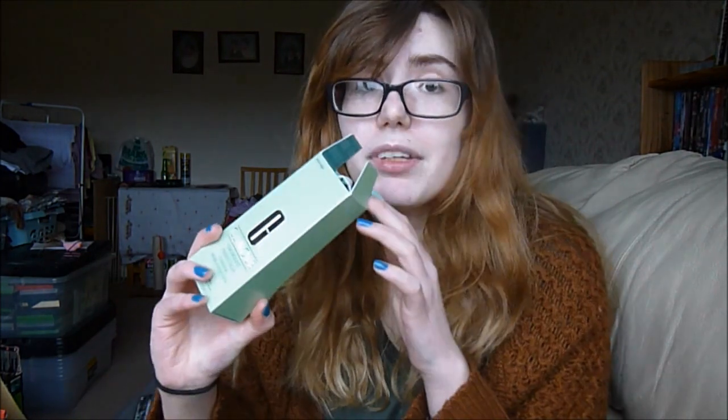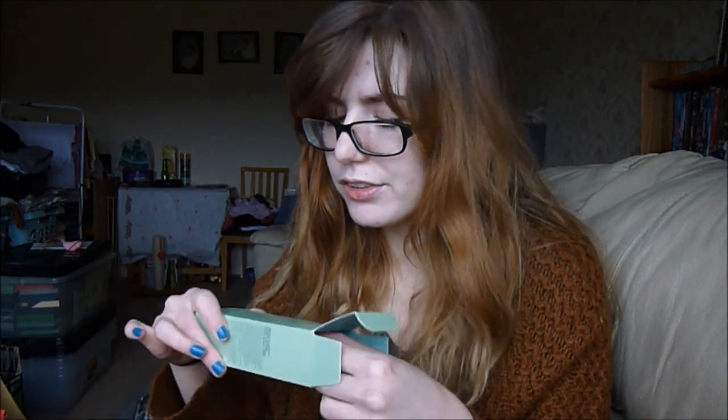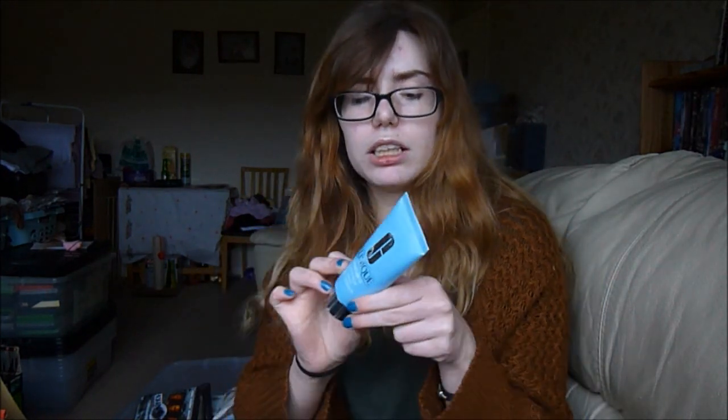I also like to use, I kept it in the box so I want to do a review on it, so I'm going to take a picture with it with the box. But this is the Clinique Turnaround Instant Facial Mask. This was quite expensive if I remember right. I think it was like over £30. You only use a really little amount of it and you put it on for about 5 to 10 minutes, and it gives your face a complete